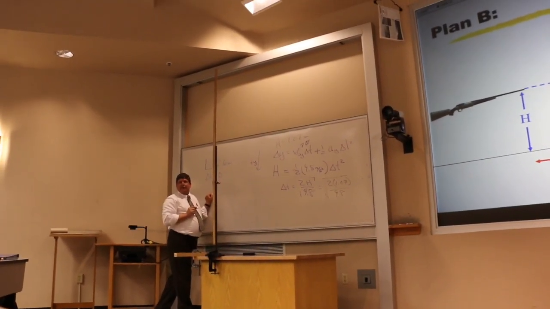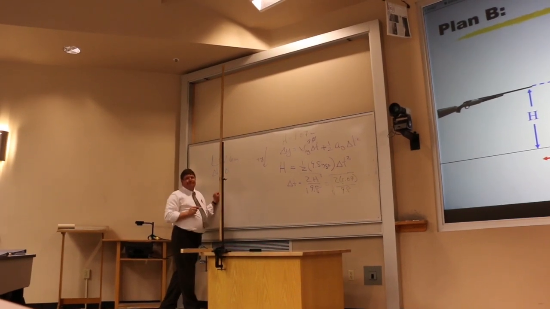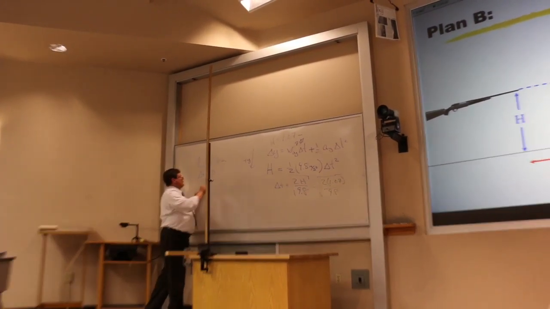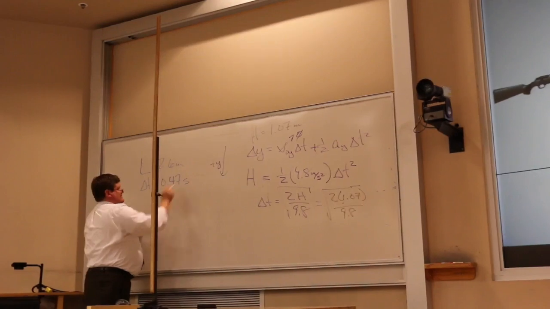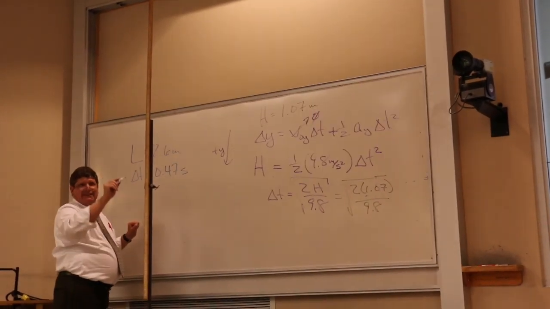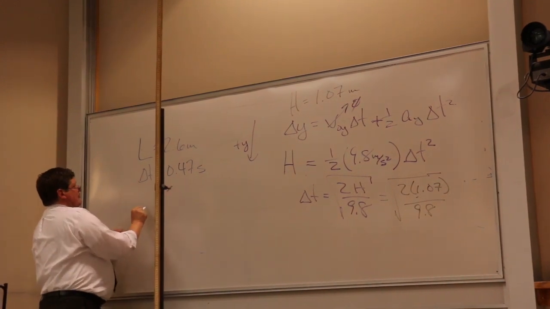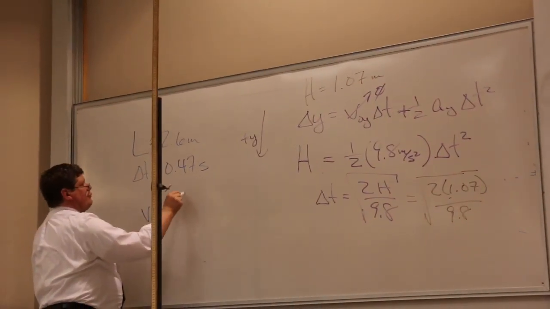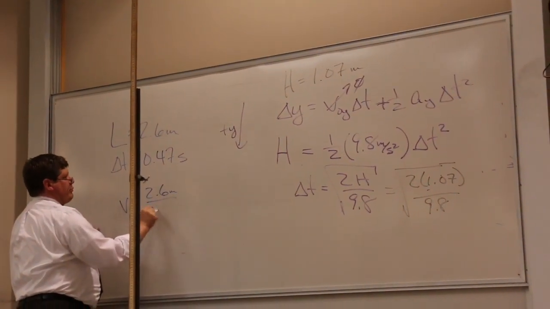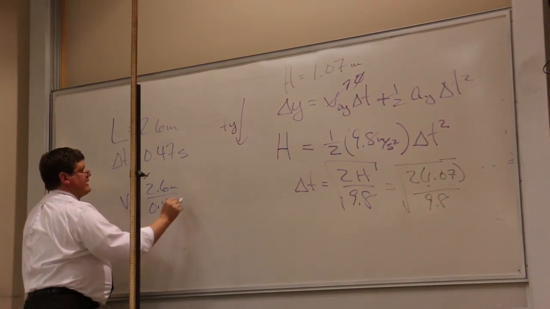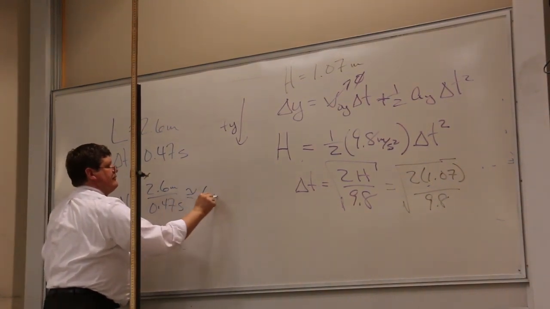I think 0.47. 0.47 sounds right. Okay, did you square root it? Yeah, this sounds right. So that means a velocity of 2.6 meters over 0.47 seconds, or around 6 meters per